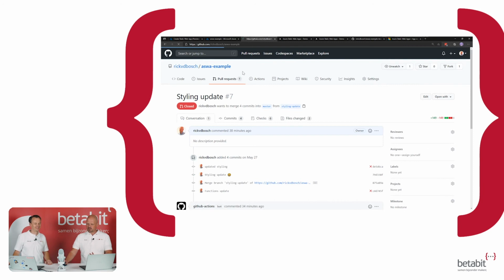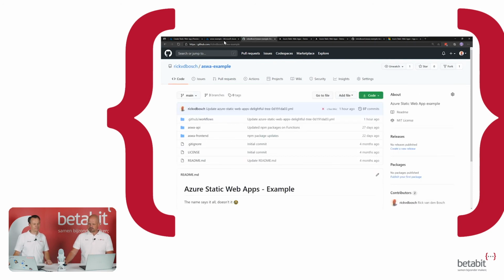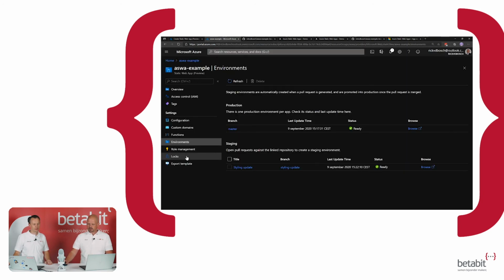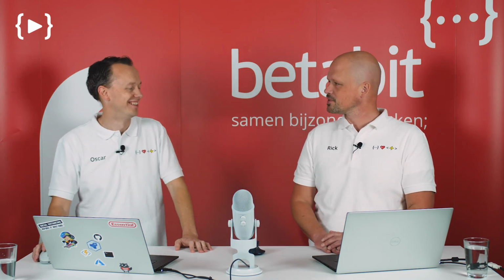So if this one is closed, then it will automatically be deleted on the environments part. Is it this fast? Nope, not yet. No. But that's the magic of demos and having very small amounts of time to try and show stuff. Okay. But this is Azure Static Web Apps, and I think it's really powerful, but also I think it's really